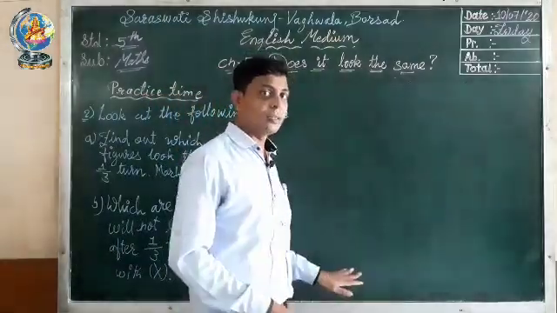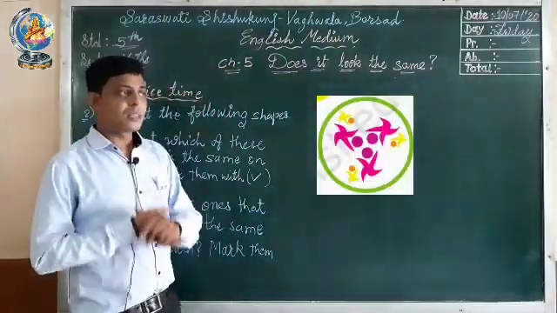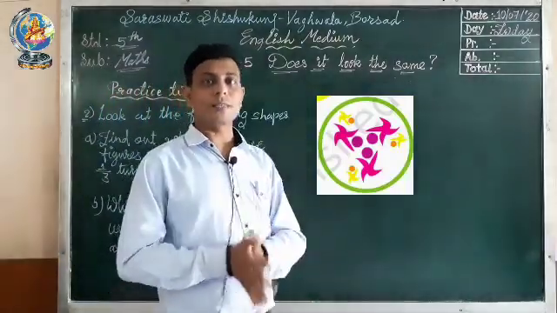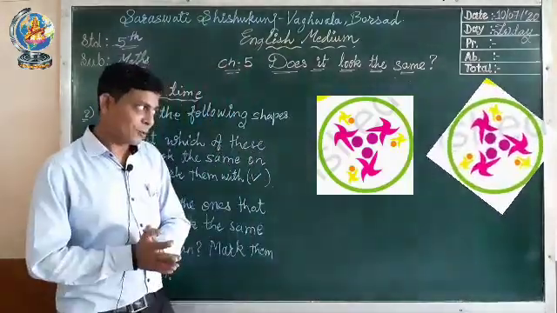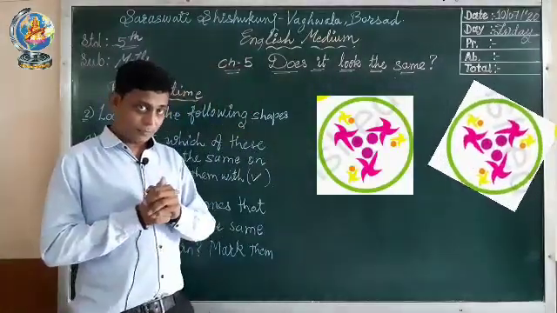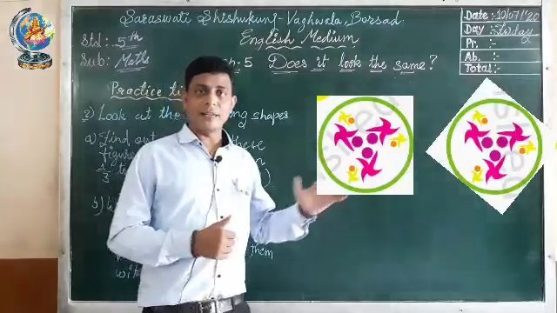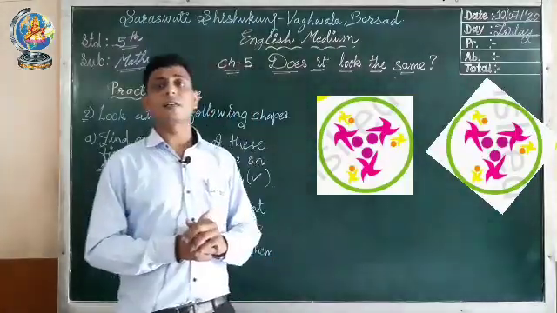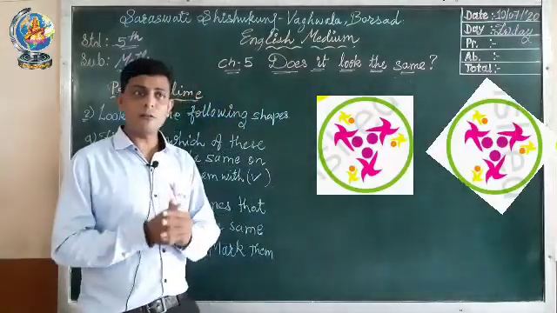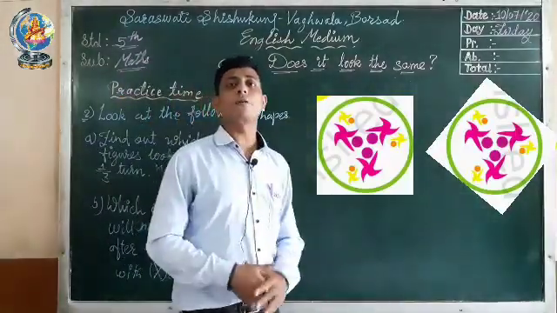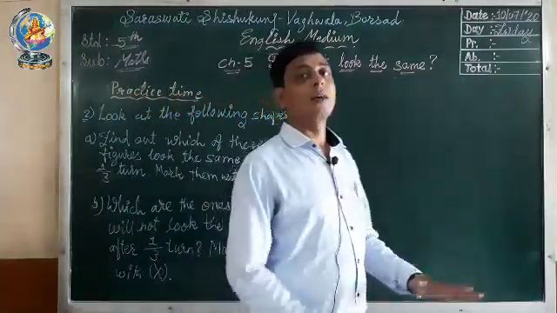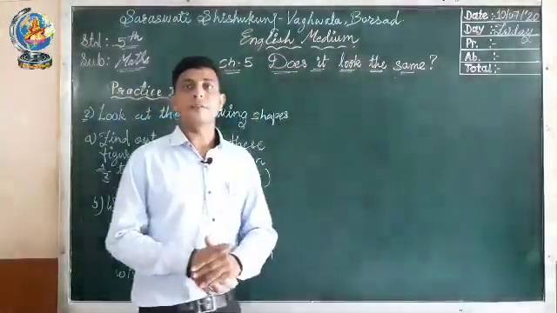Last number figure, you can see in the picture. When we rotate this figure into 1/3 part, whether it will look the same or not. Let us rotate the figure. Now the figure is rotating. Now the figure is already rotated, you have to compare these 2 figures whether it looks the same or not, yes or no. Yes, they both are looking similar, that's why we have to put tick mark. Hope you have understood all the figures.